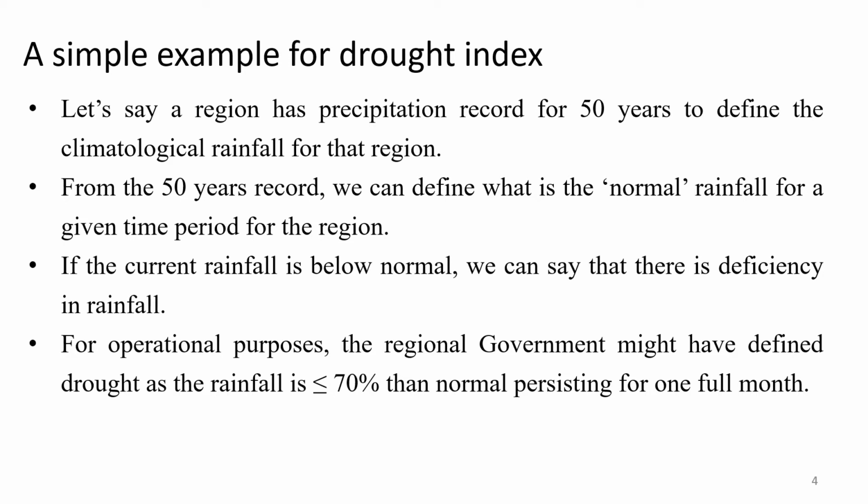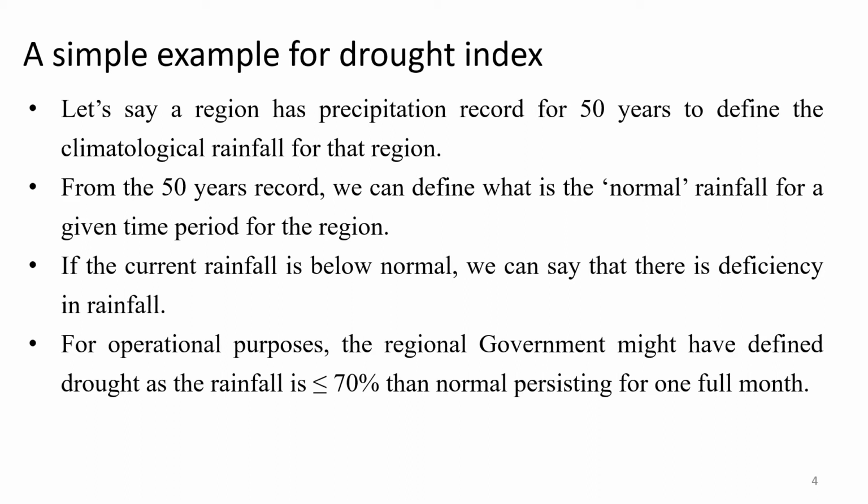So this is a very good example for a drought index, what we call percent normal. We define what is a normal, climatologically normal rainfall for the region, and then I compare the observed data with this climatological normal, and if the rainfall is less than the normal by a certain level, I'll say okay, this is a drought. Say government agencies want a particular threshold. Government agencies will say okay, if the rainfall is less than 70% of climatological normal, I declare drought. If the rainfall is less than 80% or 60% of climatological normal, I declare drought.